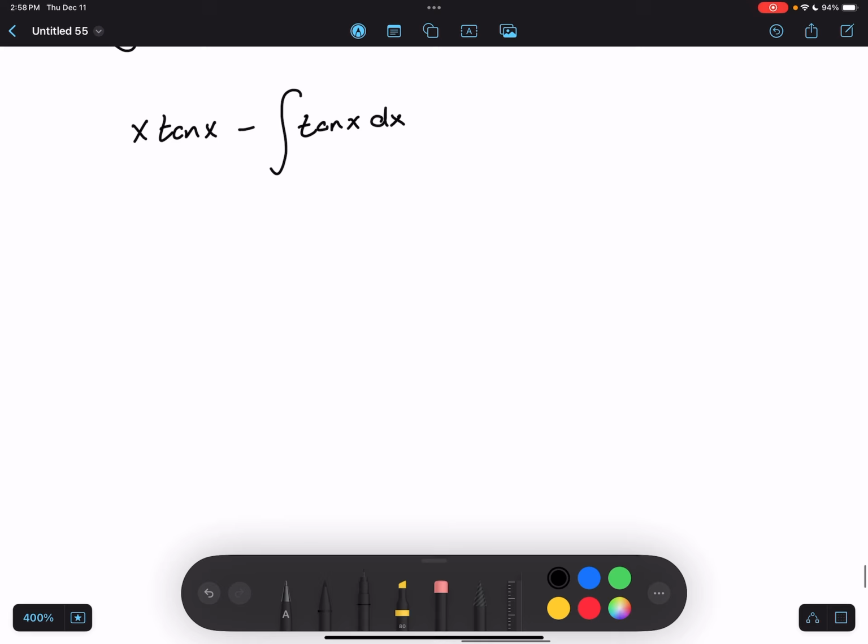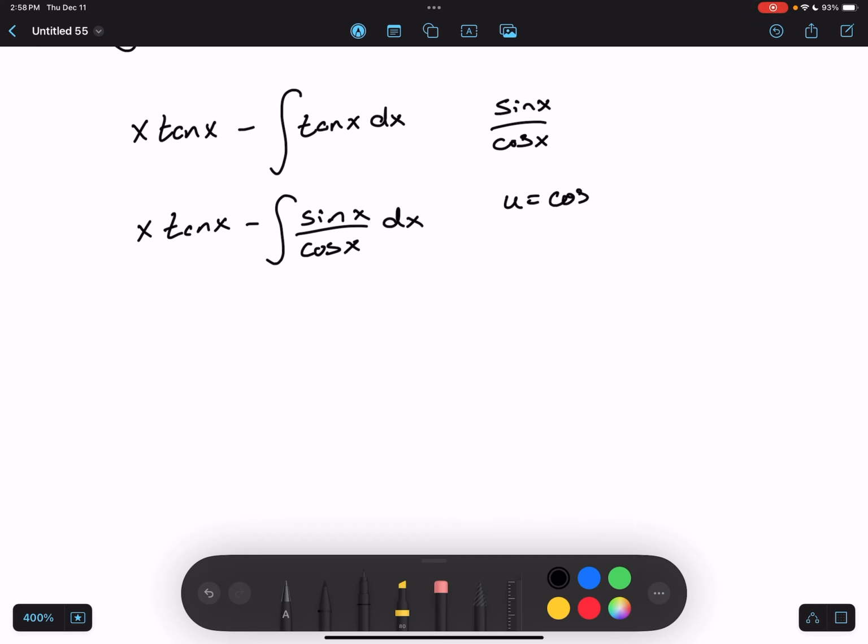Moving on from here, we've got the integral of tangent x, which tangent can be rewritten as sine x over cosine x. So we'll do x tangent x minus the integral of sine x over cosine x dx. And here, what we can do is perform a u-sub. So if we let u equal cosine x, the derivative of u is negative sine x dx, which we have sine dx here. So we can rewrite this all as x tangent x minus the integral 1 over u du,